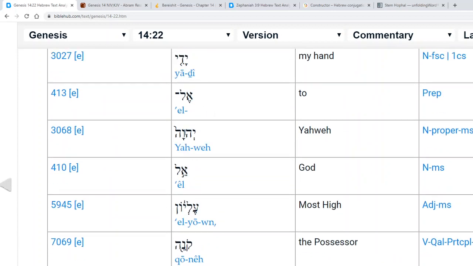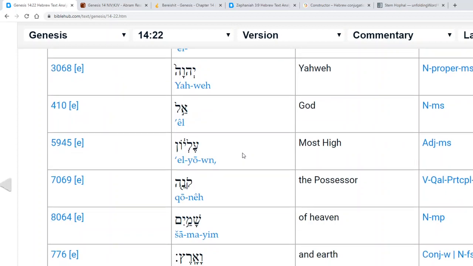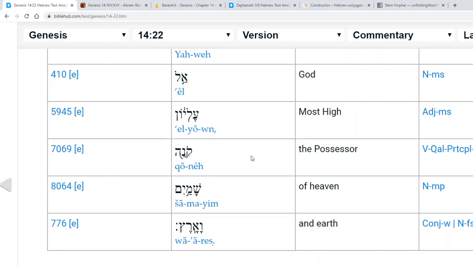So the word here is a different word. This one is clearly God, right? Kel Elyon, right? Which is exactly how Melchizedek said it, right? So I raised my hand to Havaya, right? To the tetragrammaton. Kel Elyon, right? However you're translating that. Koneh Shamayim Va'aretz. And again, like we had before, Koneh Shamayim Va'aretz was